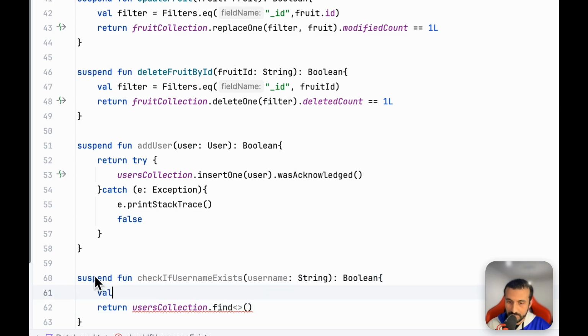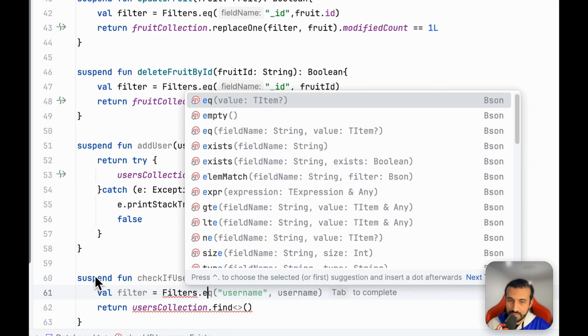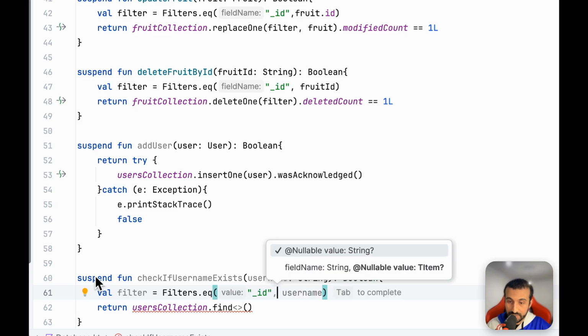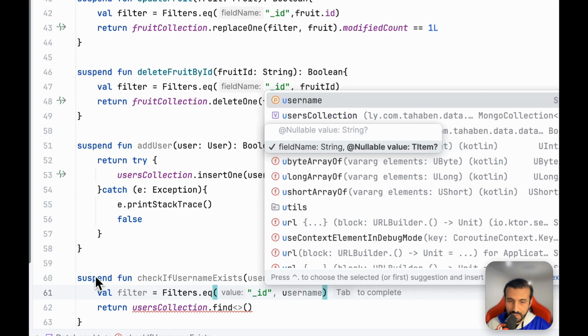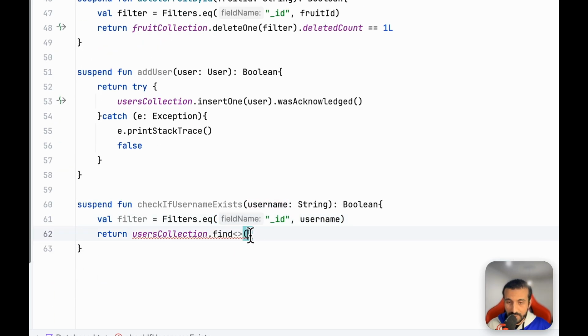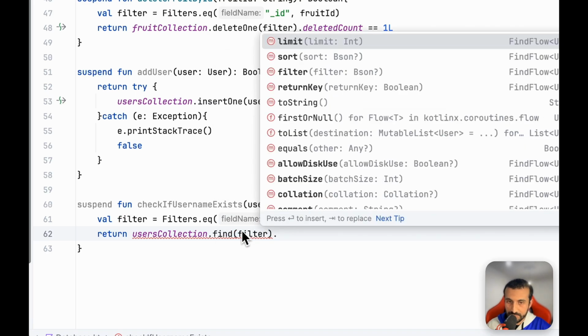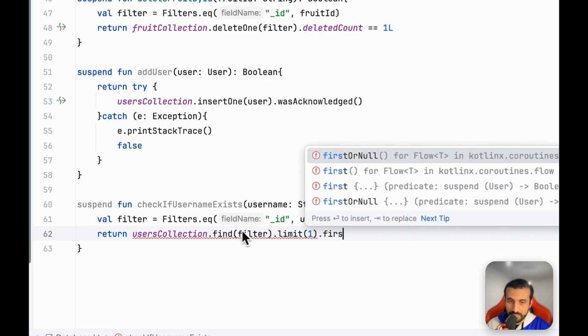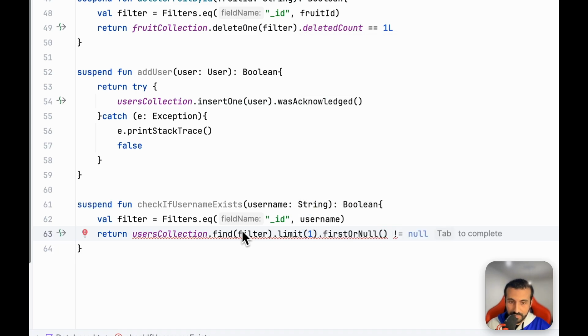Let's create a filter, Filters.eq, and we are checking for the ID, which is _id, because we set the username as the ID, and the value we're looking for is username. We basically pass the filter here, and we say limit 1, and firstOrNull does not equal